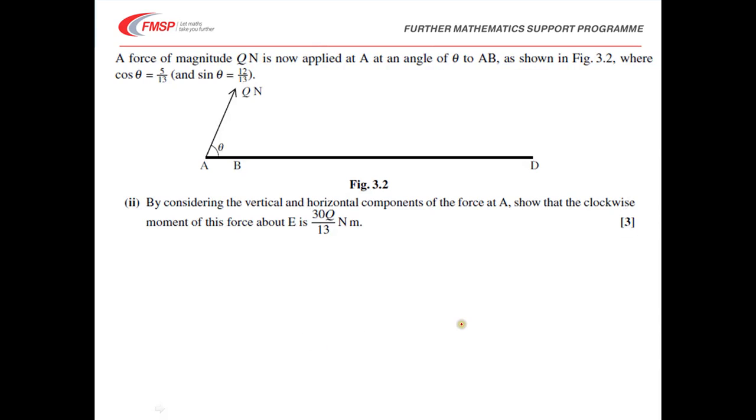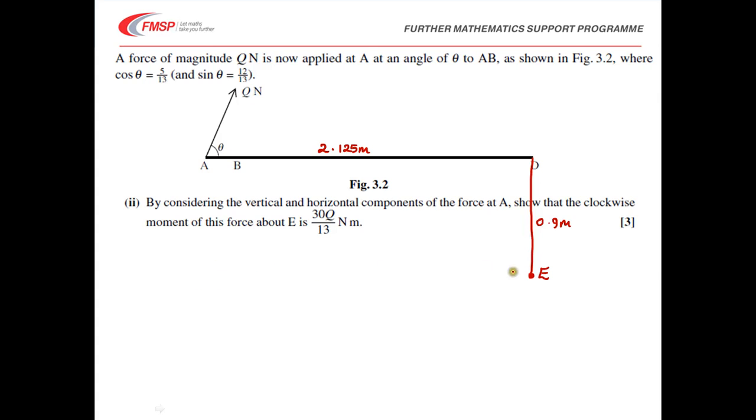So we've got to show the clockwise moment of this force about E is 30q. I'm just going to show the vertical side of the cupboard here. So this is E, the point that we're going to take moments about. This is distance 0.9, that was defined on the first slide. The total distance across the top here is 2.125 meters. And we have our vector Q coming in here, and this is the one that we need to find our